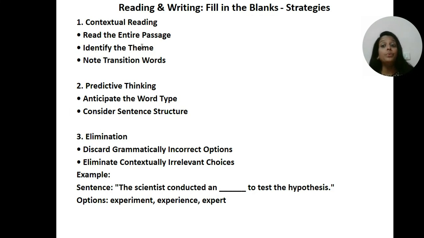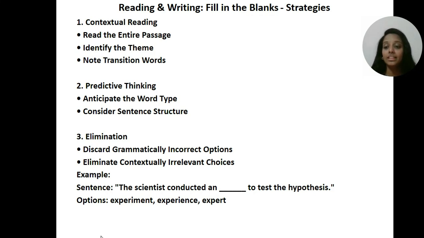The second one is predictive thinking. So before looking at options, you need to anticipate the word type. So determine if a noun, adjective, etc. like that is needed based on the sentence structure. Got it? And consider sentence structure. Think about what word logically and grammatically fits. For example, if you are reading the sentence like "she is known for her dash," an adjective like generosity or kindness would be appropriate. So you need to consider the sentence structure to think about what word logically and grammatically